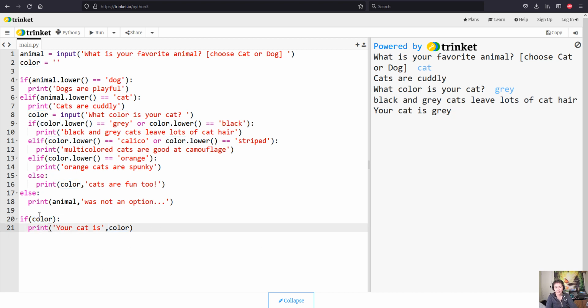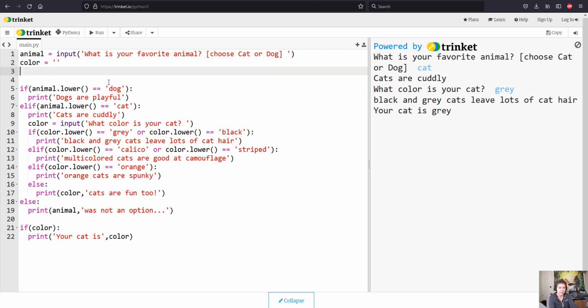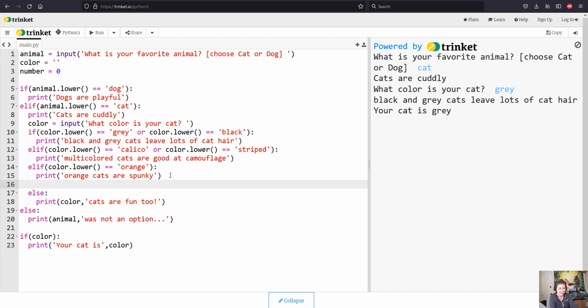So that is how you can add a catch to use a variable. If you are going to create or store a variable inside of a conditional statement, you can create it at the top of your code with an empty value for it. So similarly for a number, if I wanted to store a number variable, I could set it equal to 0 by default, and then let's say inside of here, let's say if they say orange, I could add another condition